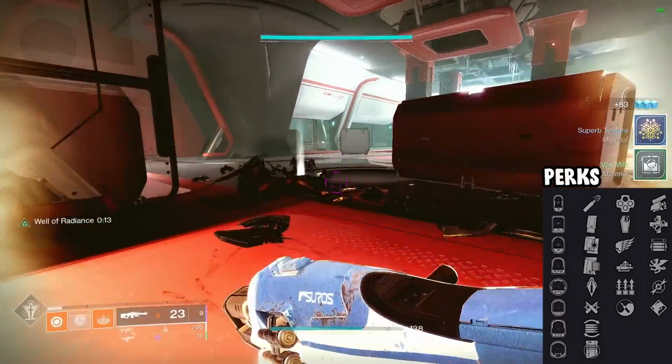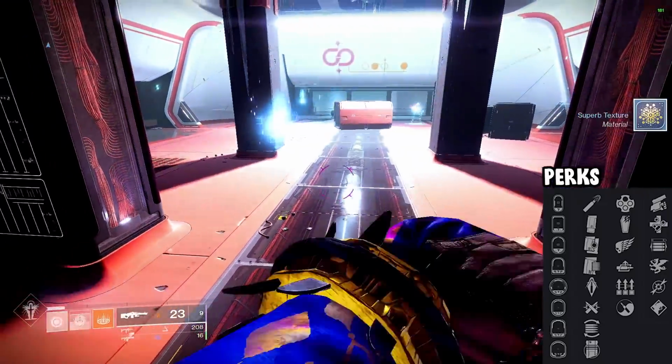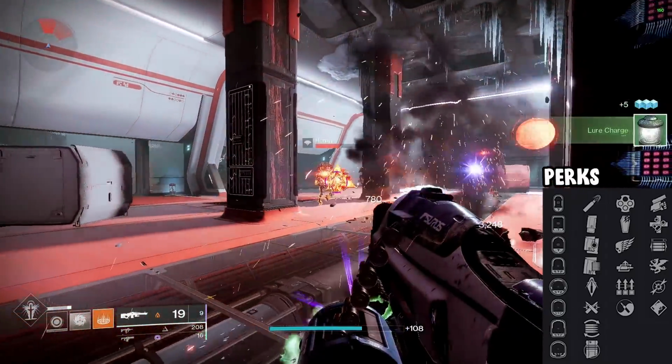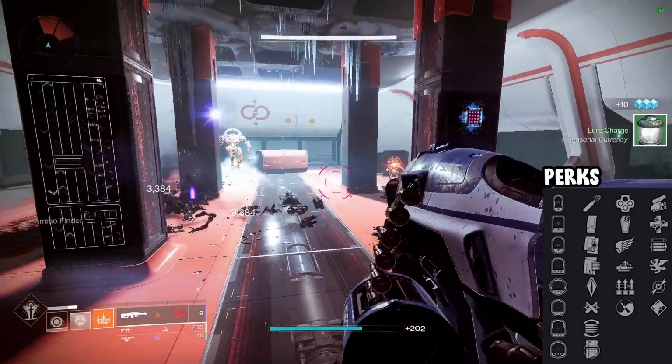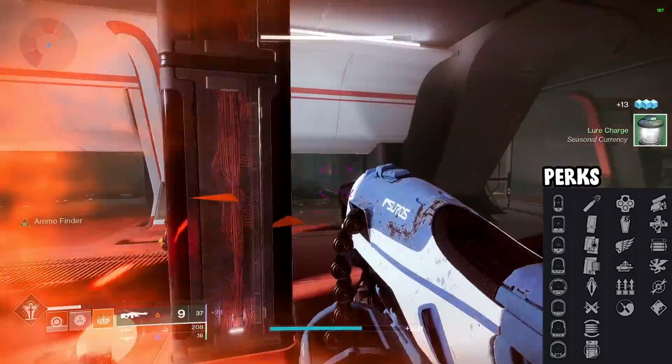Now, for column 4 in here, we have 6 baller perks. Literally, all of them are good. We have Swashbuckler, Unrelenting, Opening Shot, Vorpal Weapon, Dragonfly, and Tap the Trigger. Literally all so good. You got Swash for a traditional damage perk, Unrelenting for health on kill, which is good